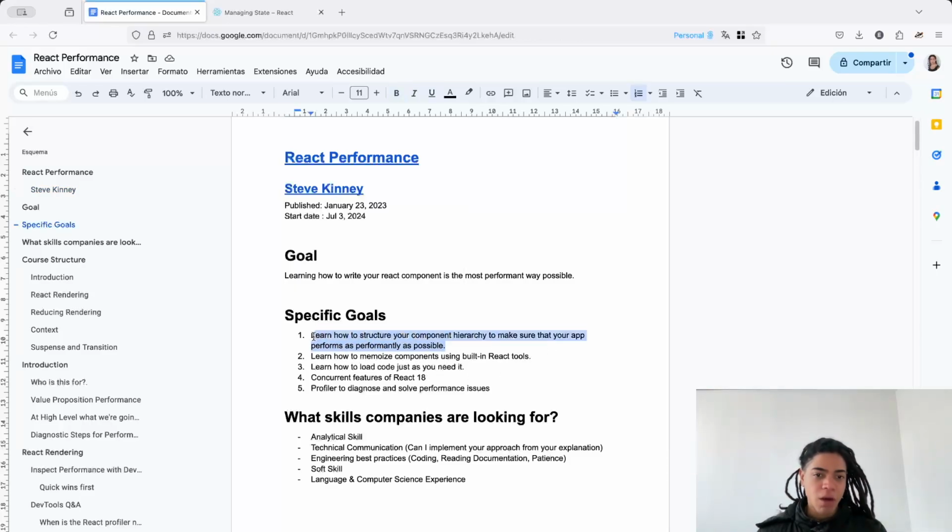So how can we now structure our hierarchy to make sure that our React components perform as performantly as possible? Learn how to memoize components using the built-in React tools. Learn how to load content or code just as you need it using the lazy